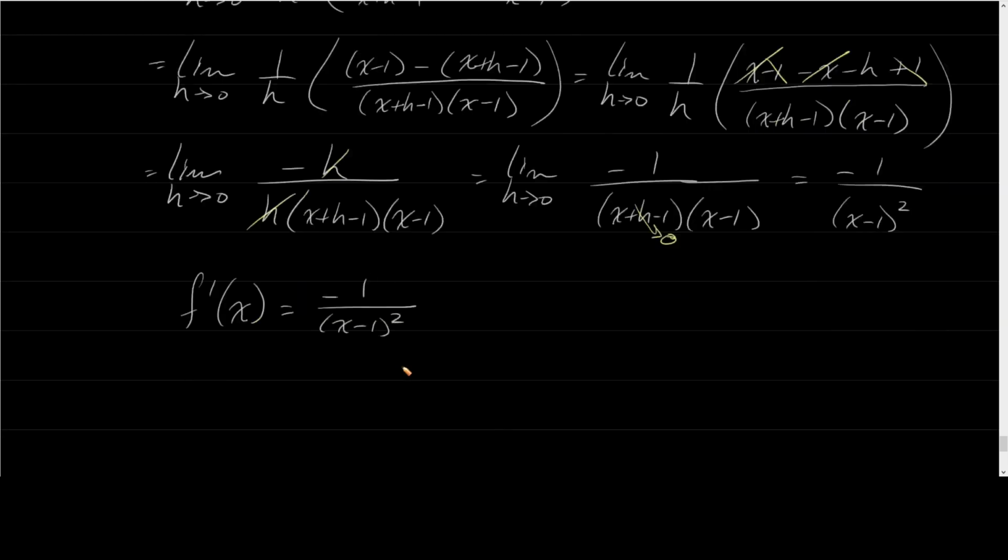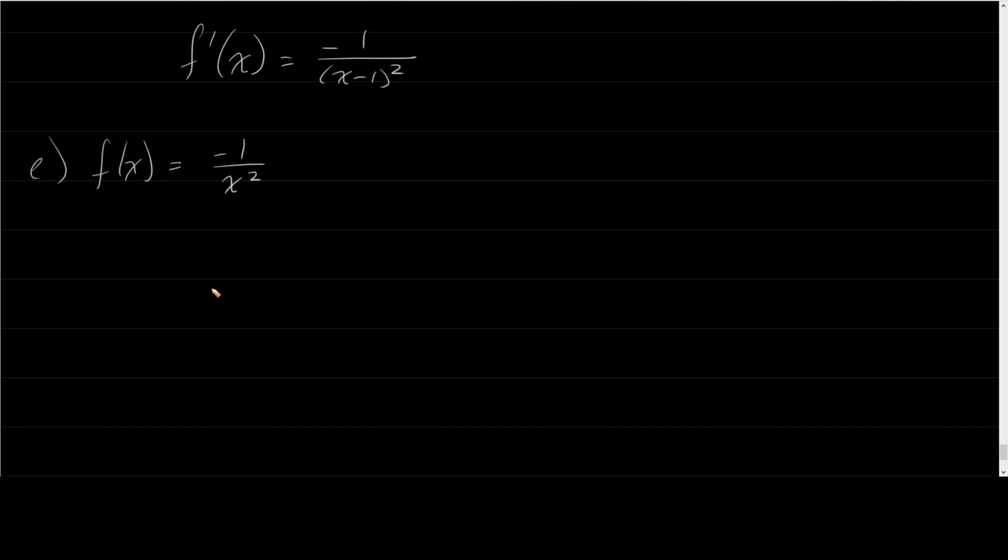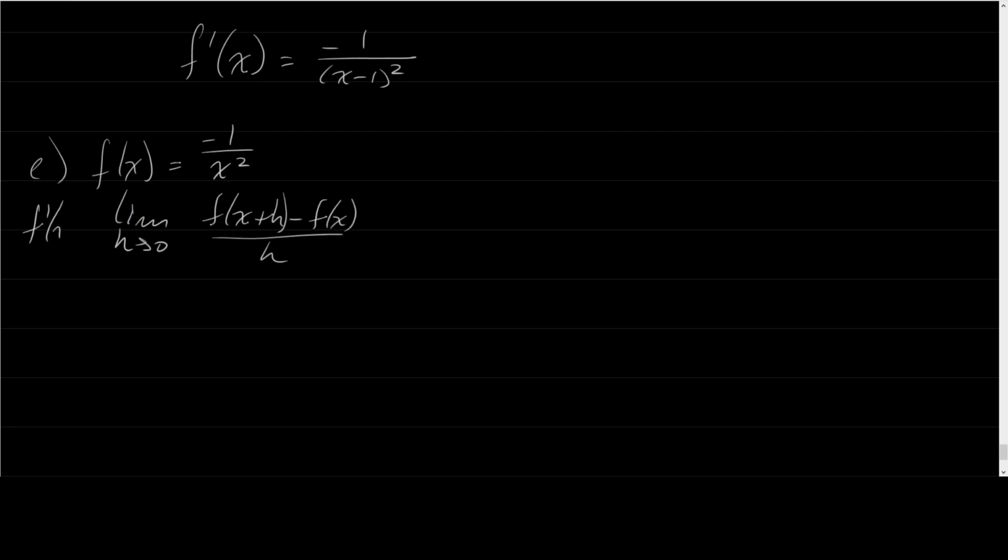That was D. So E, let's say that f of x was, let's do something simple, negative 1 over x squared. Again, we're going to start by writing down our limit definition. So let me shift that up a little bit. All right, way better. I'm going to say the limit as h goes to 0 of f of x plus h minus f of x over h. That's our definition of f prime of x, right? Our derivative. So what we're going to get here is the limit as h goes to 0 of, plugging in x plus h,